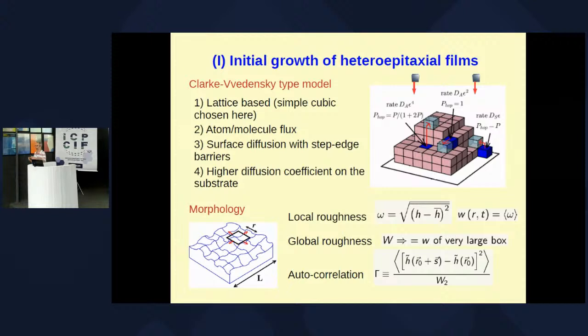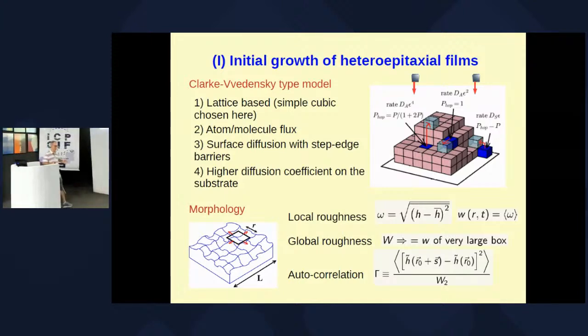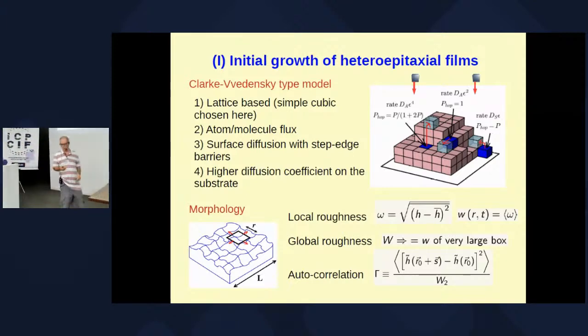When they aggregate at an island, when they jump to the second layer, their mobility is lower. So this facilitates the formation of these islands. Then, for several processes illustrated here, I show the rates of these processes and the corresponding probability for the process to be executed if the atom is going to change the height of its position, if it is going to another layer, if there is a change of the layer.